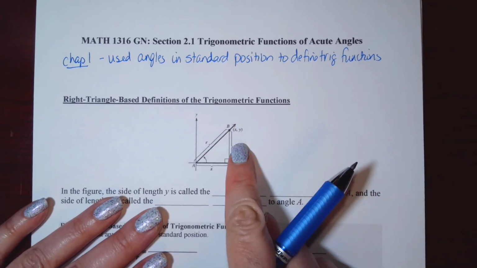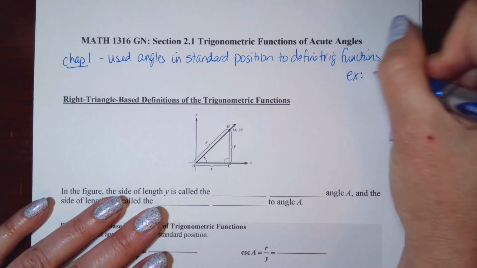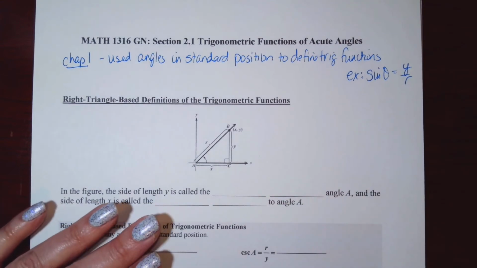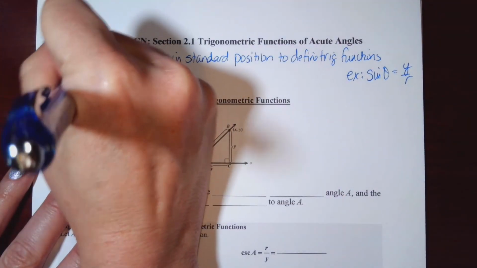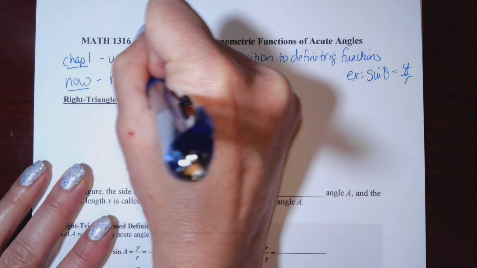We talked about x, y, and r as our three values. So for example, our sine function for theta is y over r when we are using our angle in standard position. Now, we're going to be using ratios of sides